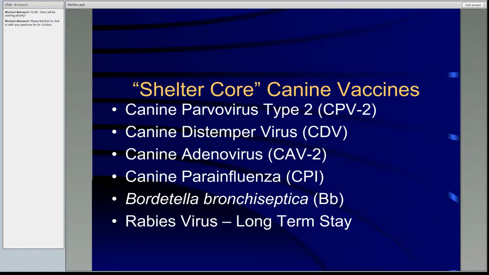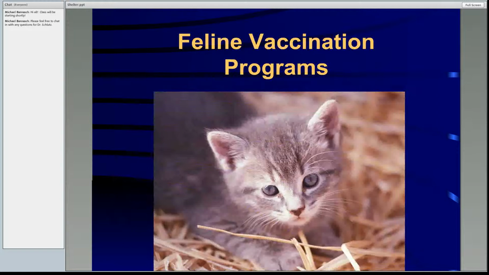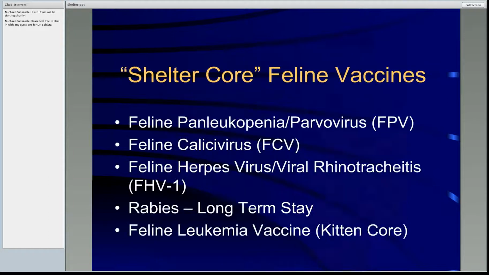But the parvo, the distemper, the adenovirus, the paraflu, and the Bordetella, we would definitely like those animals vaccinated as early as possible on entry to the shelter. How about feline vaccines? Well, feline panleukopenia or parvovirus vaccine, calicivirus, herpes virus, rabies, again, for the long-term stay animals, and for kittens,